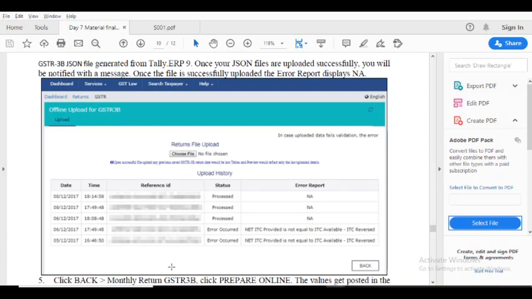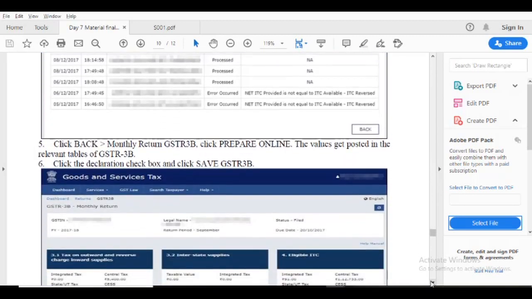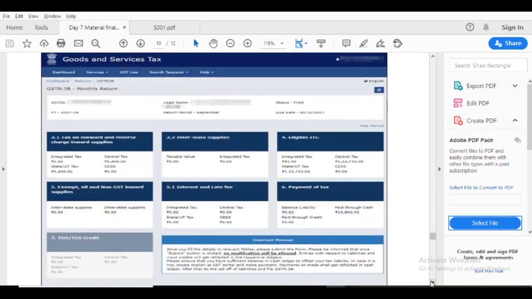Okay, click back. If you see all the data is not applicable in the column of error report, you click back here. And then click the declaration checkbox, click save GSTR3B.